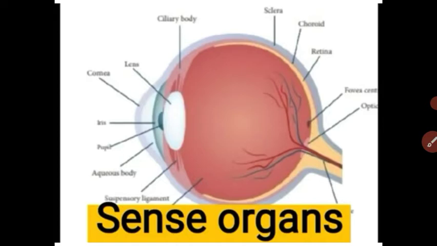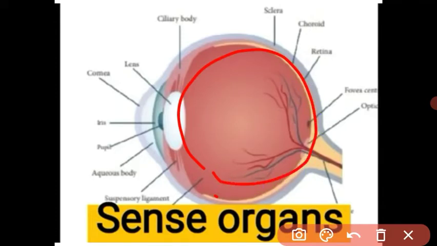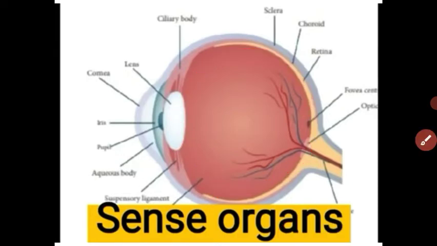In the previous classes, we have already studied the structure of the eye, the parts of the eye and the function of the eye. In the last video, we studied how we see, and what the function of vision is. In this video, we are going to study the common defects of the eye. Let us see what the defects of the eye are.